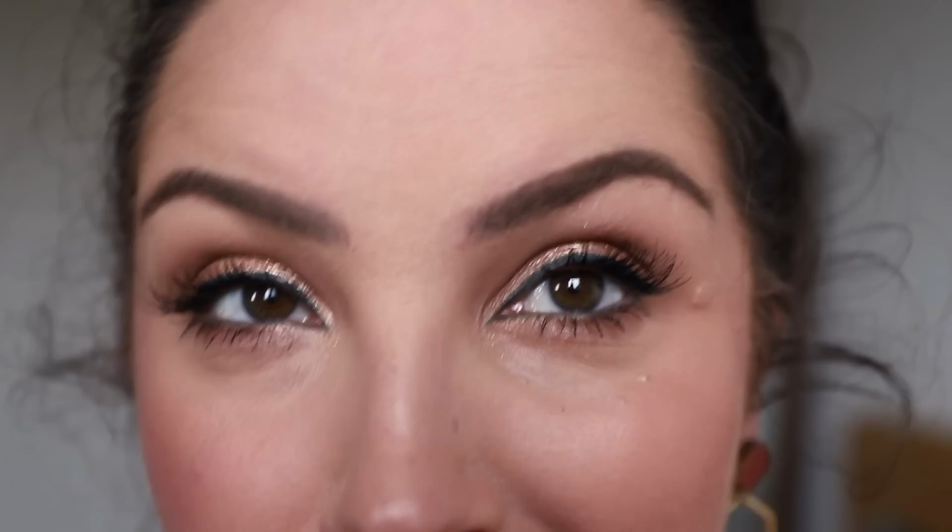So I don't think these eyeshadows need much help to look bold. I think they are really, really nicely behaved eyeshadows. You can get nice subtle looks. You can get more dramatic, bold looks. And I feel like the eyeshadows are definitely the best part of this palette, in my opinion. All right, on to